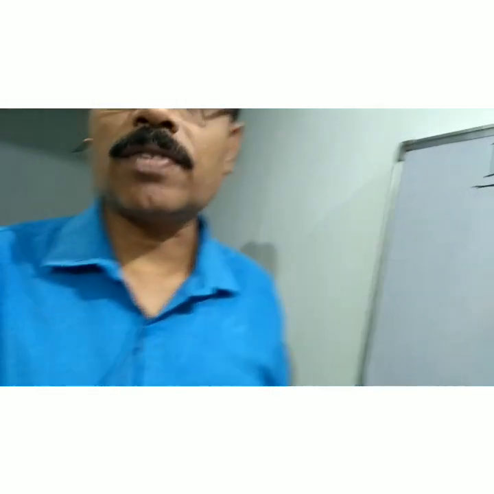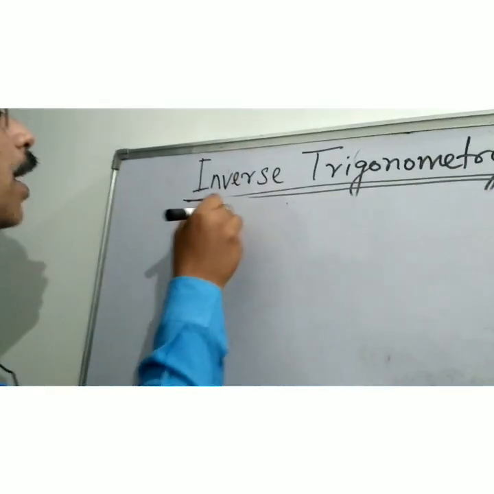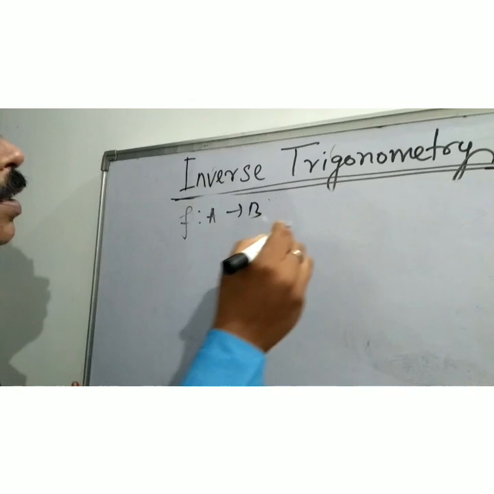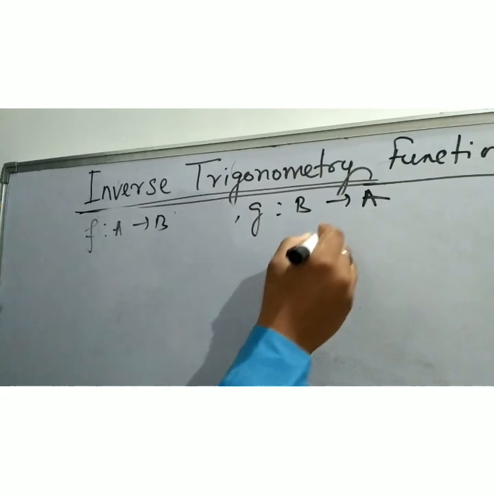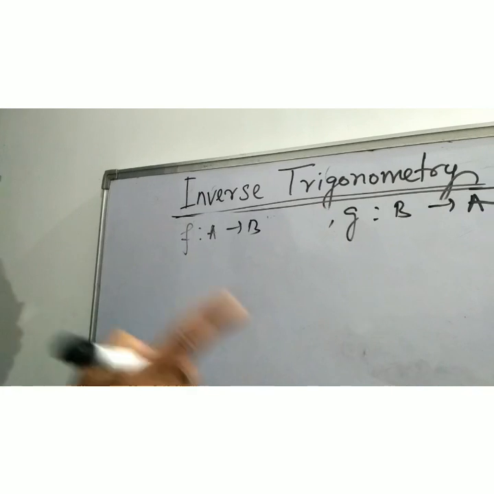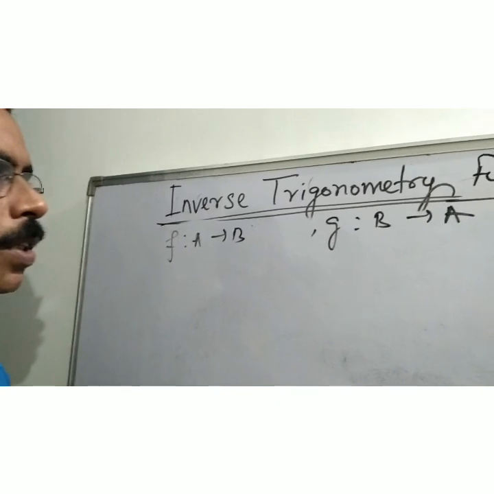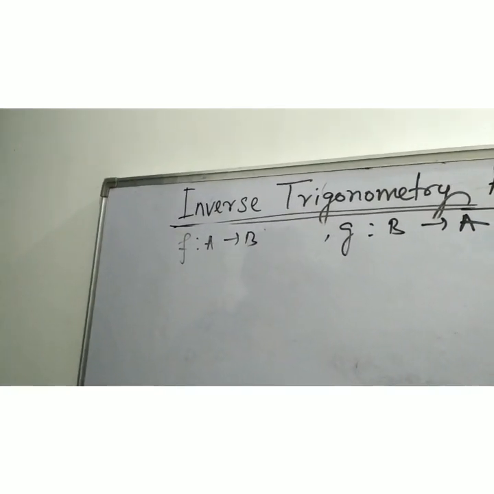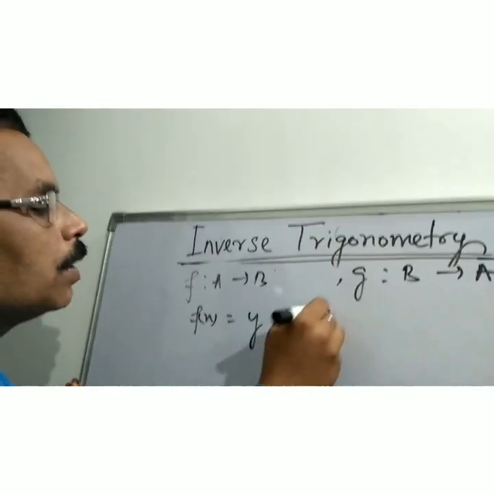You know from the functions chapter, a function is said to be an invertible function whenever, suppose a function f from A to B, there exists another function g from B to A, such that f of g of y is equal to identity y and g of f of x is equal to identity x, then f inverse is equal to g. We know it. So let me consider here f of x is equal to y, that is equal to f inverse y is equal